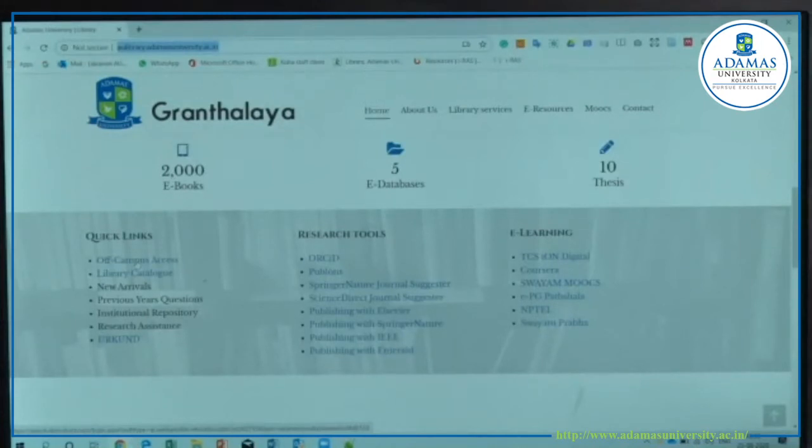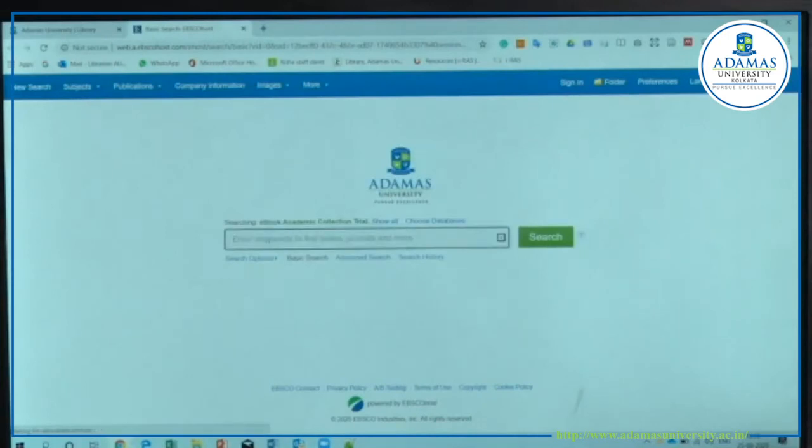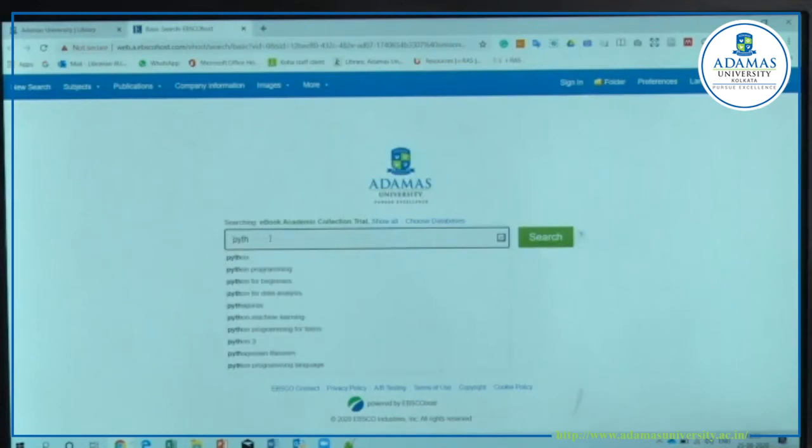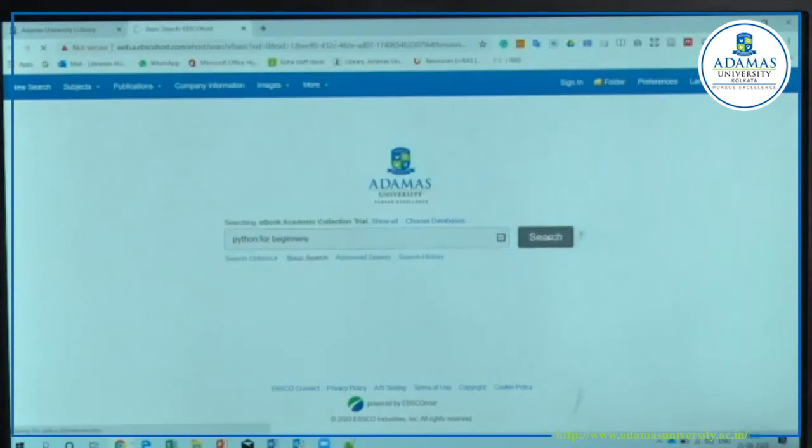Off-campus access means generally the resources are available within the campus, but you can get access to our resources sitting at your home. You just click on this. So this is the portal. Suppose I am looking for a book on natural gas, or I am looking for a book on Python programming. Python for beginners, I am searching for, you just search.